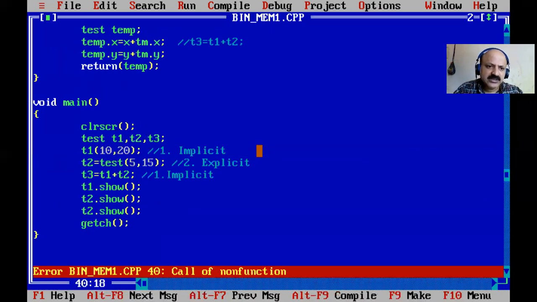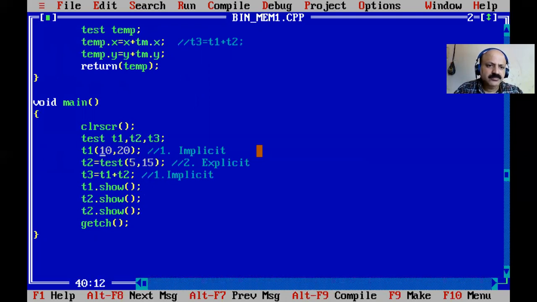And here, so what, that is the call of, okay, so here we can call the two-parameterized constructor, but we need an object at that time. Here we can write not t1 alone, so then it is complete.